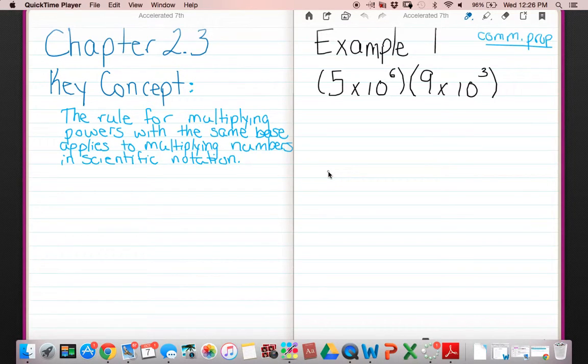Chapter 2, Lesson 3, Multiplying with Scientific Notation. The key concept for today is that the rule for multiplying powers with the same base applies to multiplying numbers in scientific notation. So if we review Chapter 2, Lesson 2, Exponents and Multiplication,